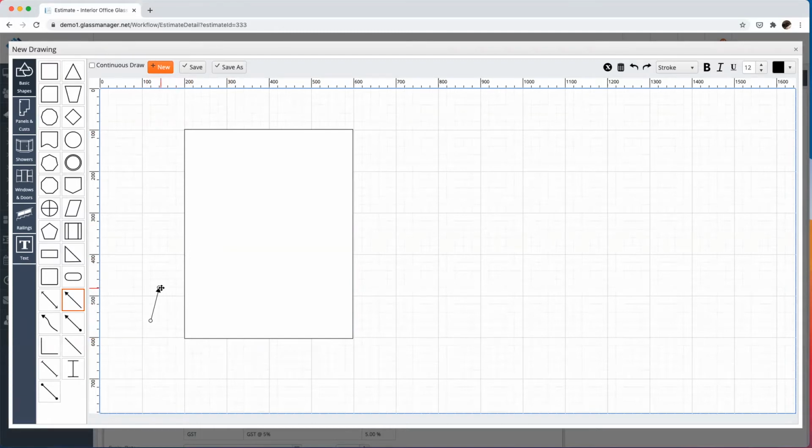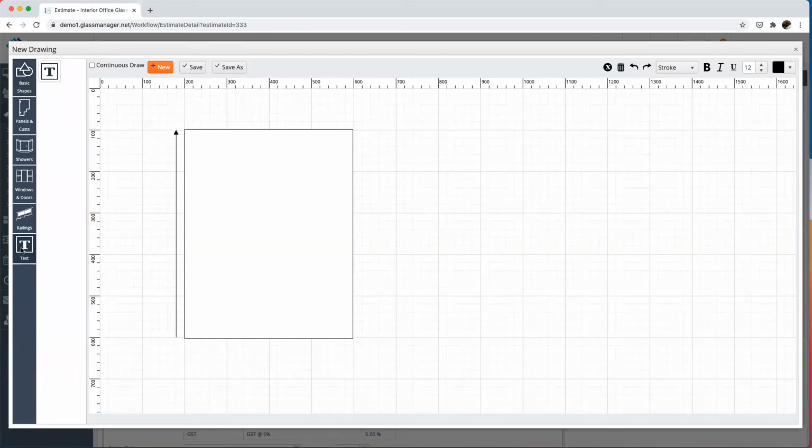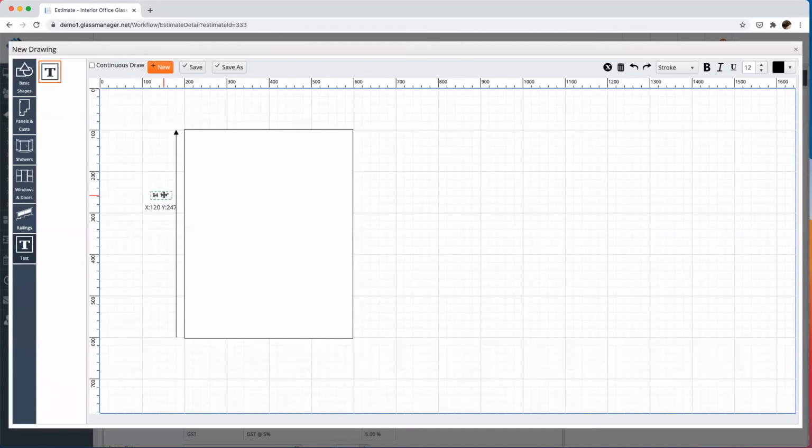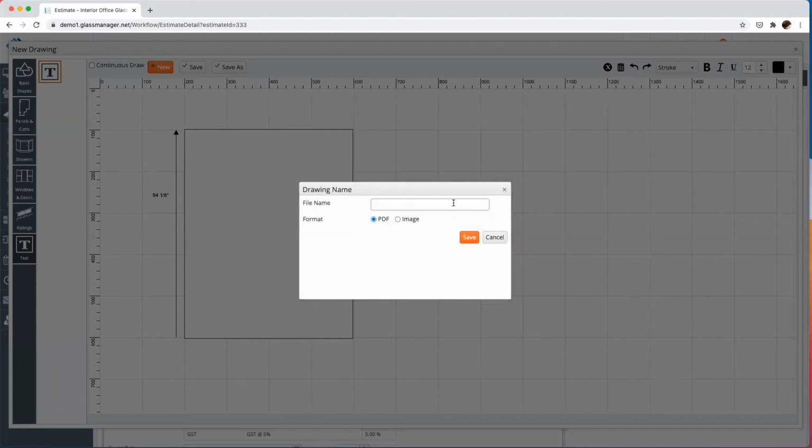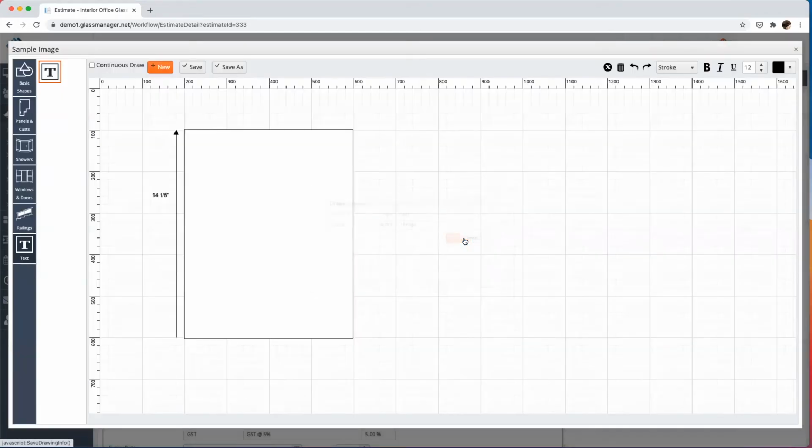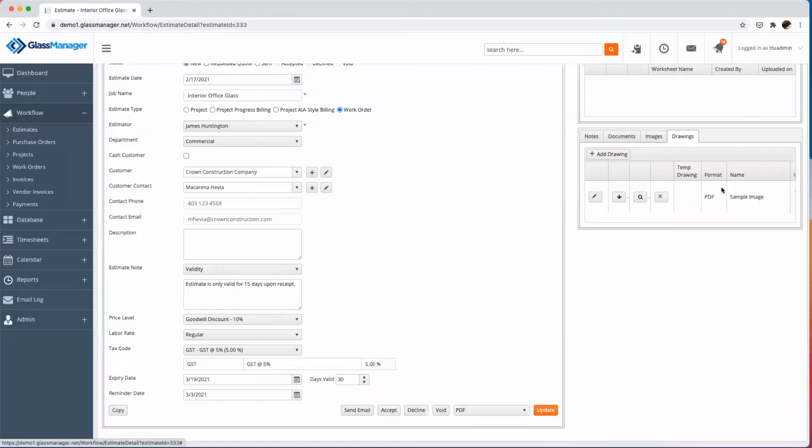And this is also something I could do for my vendors. Whenever I want to send a rough sketch with my purchase orders, I can also do that using the same functionality. Now I just click on save, type in the file name, hit save. I can see it saved under the drawings tab. Now if I hit refresh,